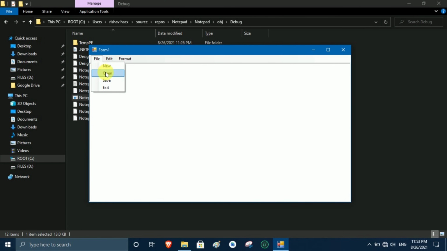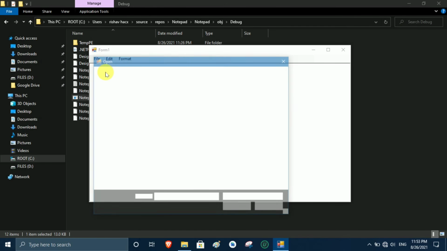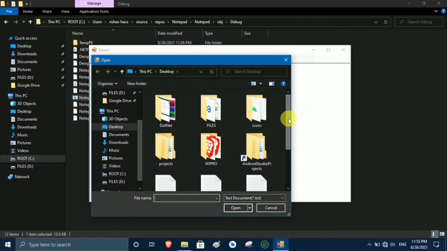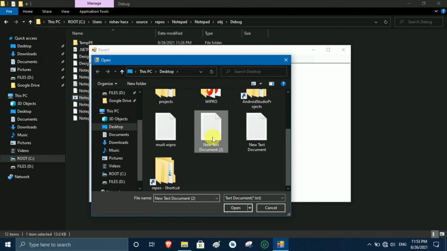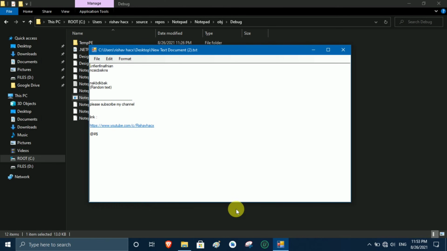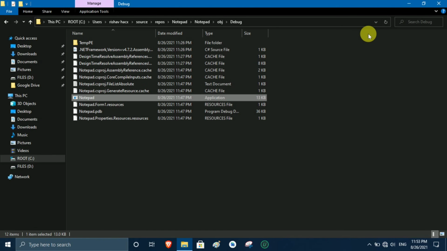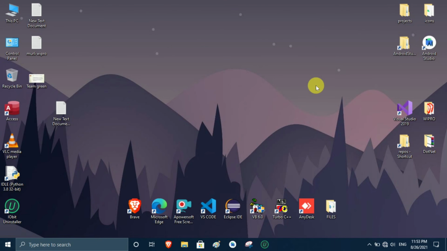And you see it is working very fine. When we select a file to open by choosing here, it appears. So you can give this to your friend, and he or she can also run this application on his or her system.